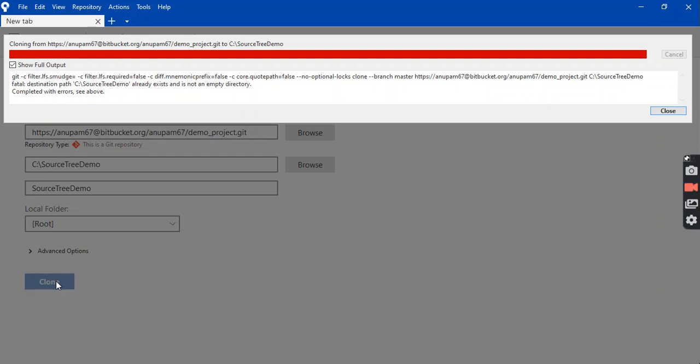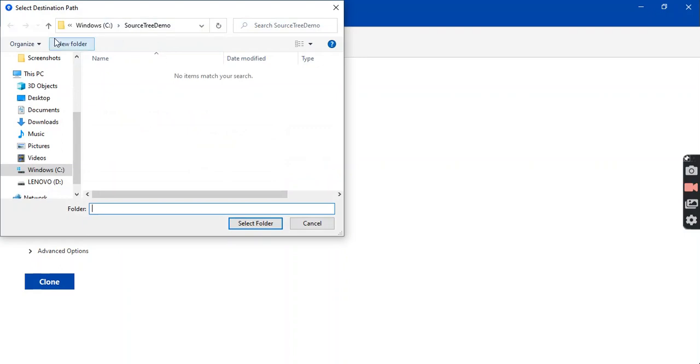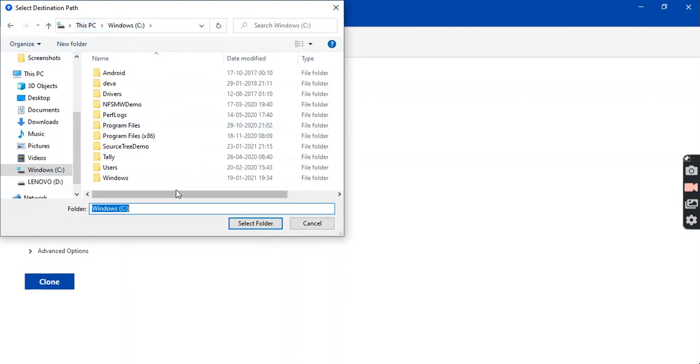There is an error: Source tree demo already exists and is not an empty directory. Okay, then we can create another one.